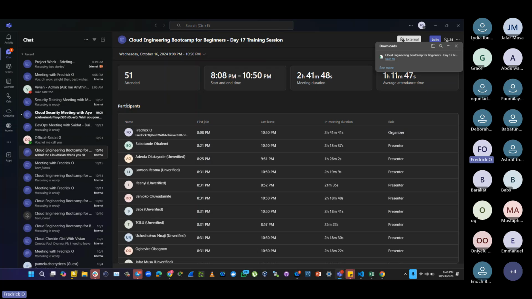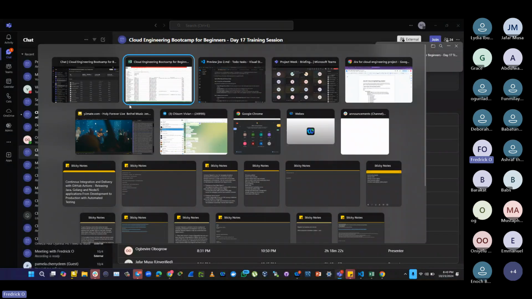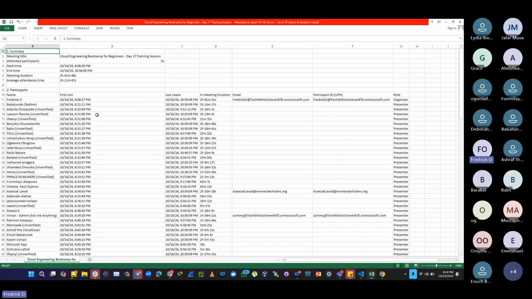Now, these 50 persons include both those who joined for a few seconds, for a few minutes, those who joined for 30 minutes, those who joined for 1 hour, and those who joined till the end of the meeting. And you may be wondering, how do I know this? Because the attendance tracker tracks everything. For instance, I was the first person who joined, and if you see, this is 808. I don't know if you all can see it, but if you can, that would be great.